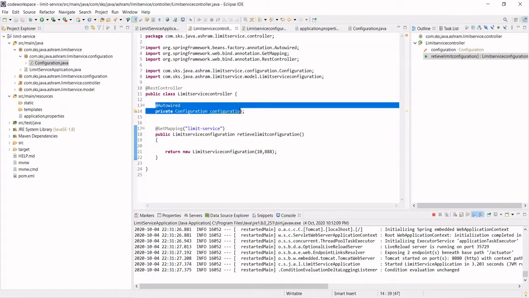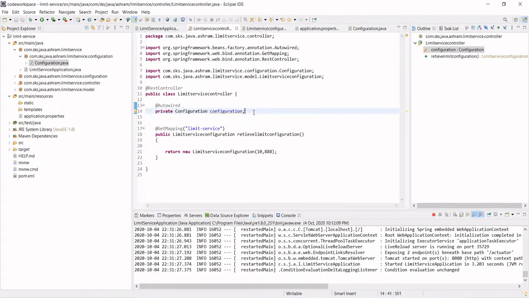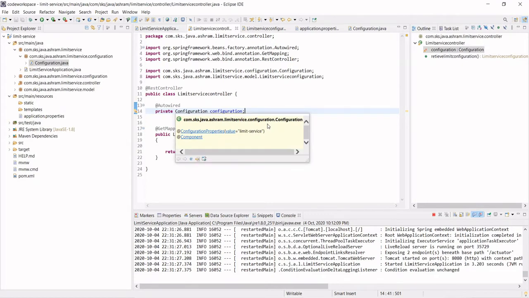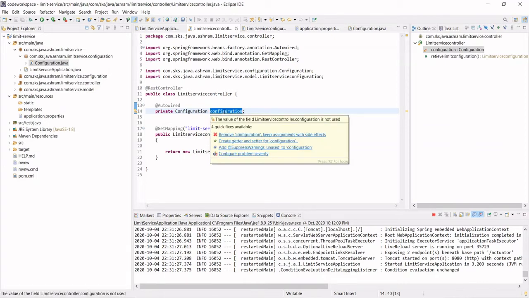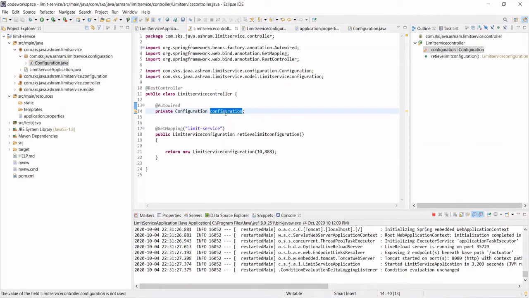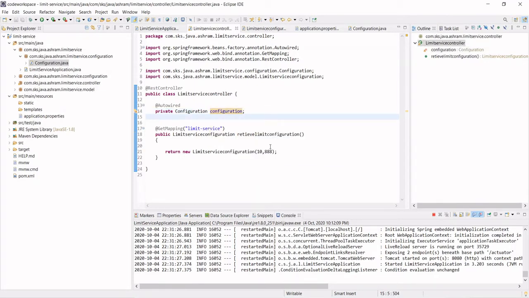If you wanted to go with the Spring way, you just need to use the annotation value, then that is enough. But this is the better way. This looks like very clean code to read this configuration file. So what you need to do now: you have autowired, meaning whatever dependency it's looking for, it will inject the dependency of the configuration.properties file. And this object will have all the properties that have been read from the application.properties file. So what you need to do, nothing, copy this